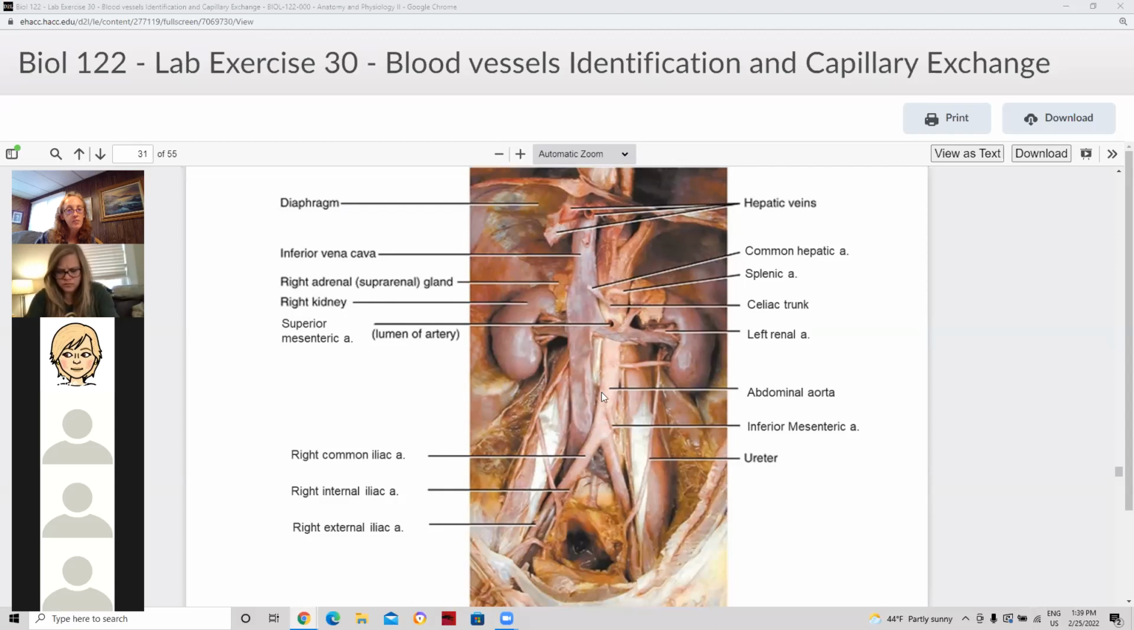Here's the aorta. Here's the inferior vena cava. The spleen actually is behind here. Here's the renal glands, the adrenal glands, which are being fed by the suprarenal arteries and drained by the suprarenal veins. So the common hepatic,